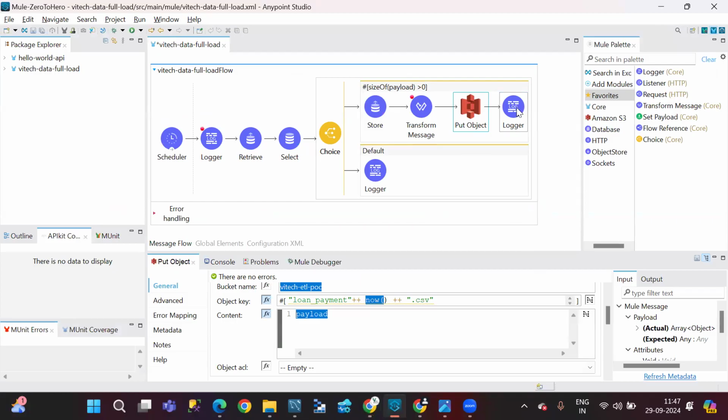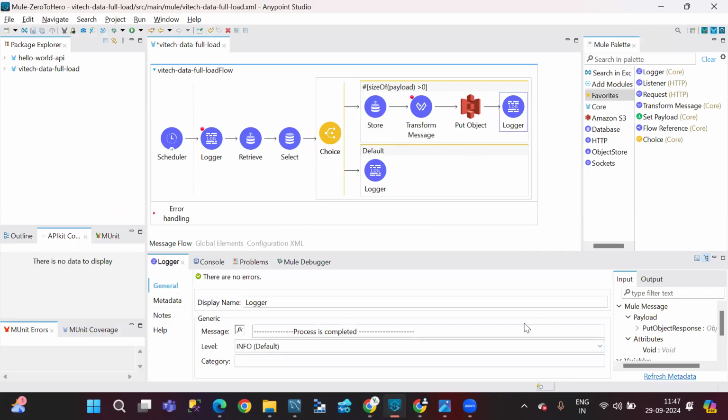So once it is loaded, then finally you are going to set, okay, process is completed. Suppose we don't have any records, all the records were processed, then in that case it will go to the default condition: all the records are processed, wait for the load to the source table. So if you assume here,